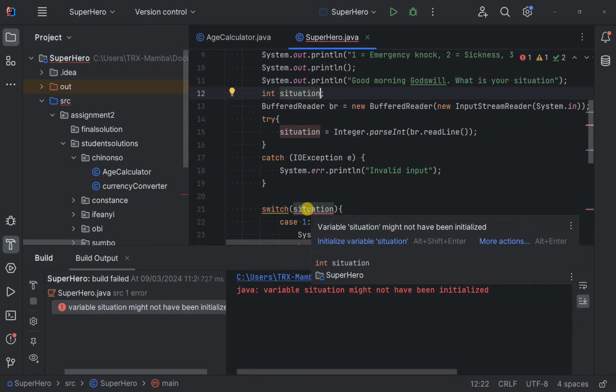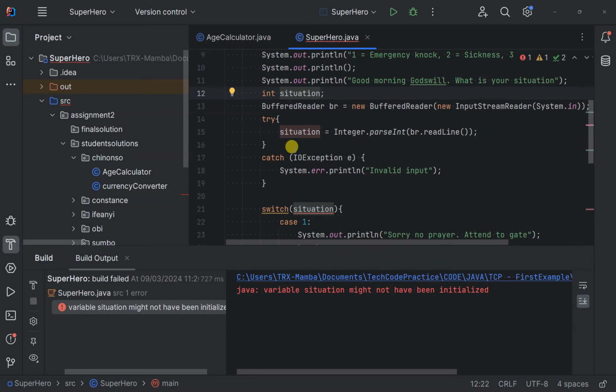What happens is in Java or in most programming languages, when you define a variable, you cannot just start using it without initializing it. Initializing means giving it something to be inside of it. It's just like saying, I say Chinoso, if you guys don't know, Chinoso is